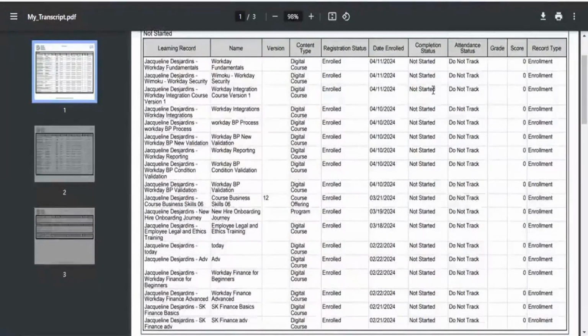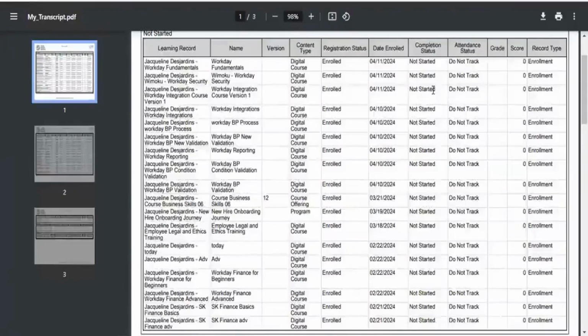This is delivered on what Workday offers. Workday has given a kind of flexibility that we can create our own certificate as we want, to have the logos that we want. We can add content that we want to add. We can do our own kind of setup however we want with the learning transcript.